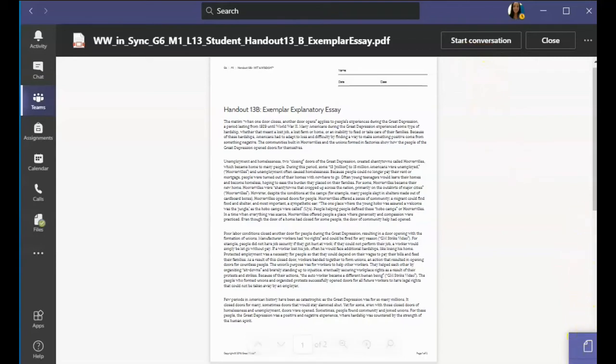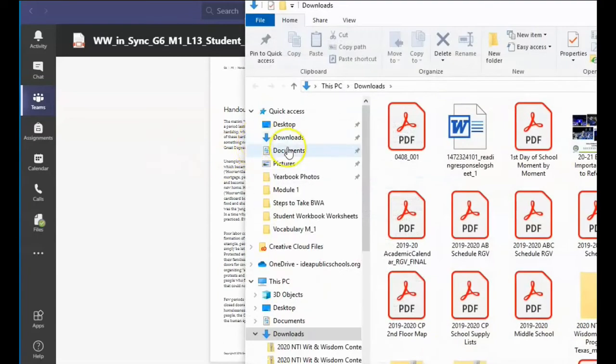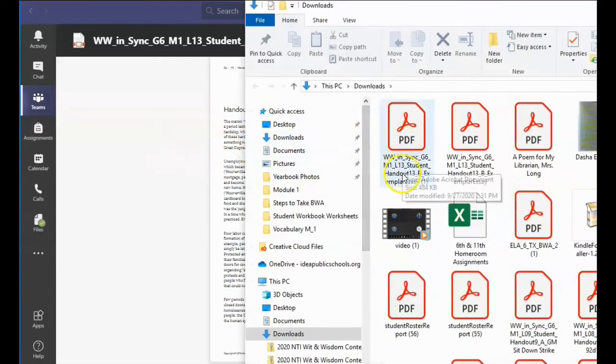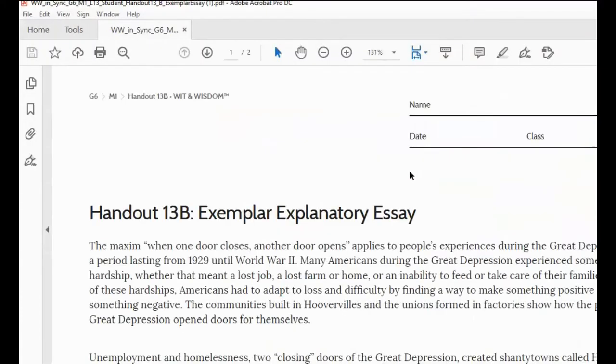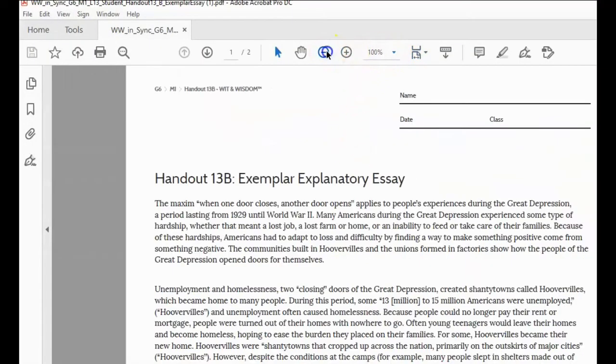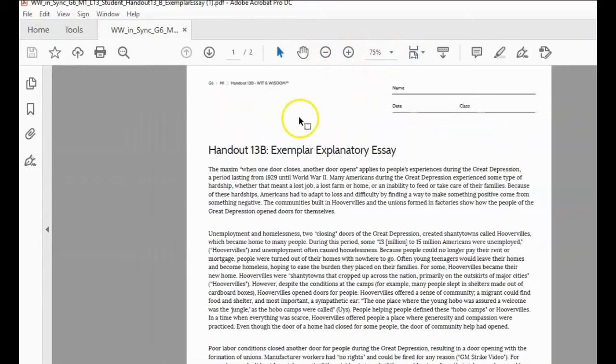It should pop up that it's downloading, and if you click on the blue little button that says downloaded, it'll take you to a folder that looks something like this. Then you just click on what you just downloaded to your computer, and from here you can make it smaller with the little zoom out button. You can highlight certain things with your mouse pad. So this is what we're going over at this time.